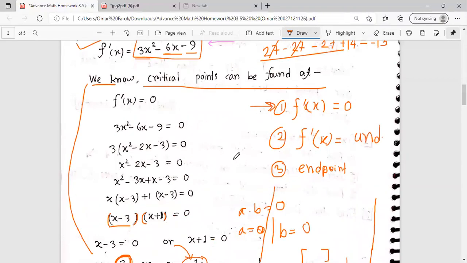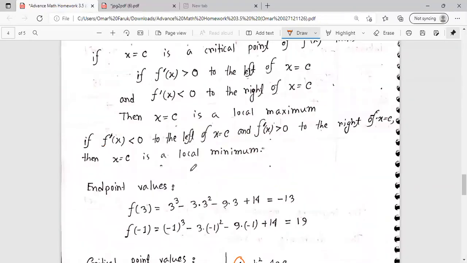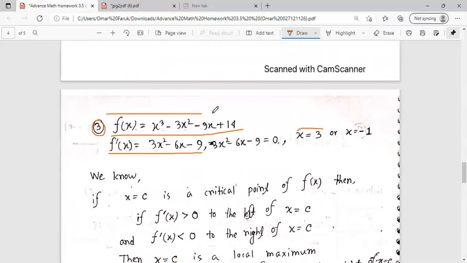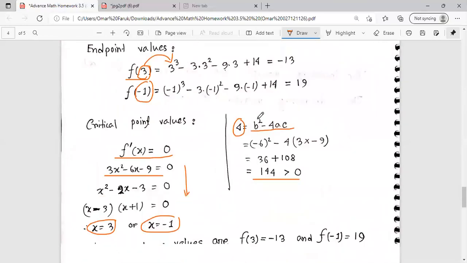So like before, you substitute these two points, 3 and minus 1, in the main function. If you substitute these two critical points in the main function, you will get